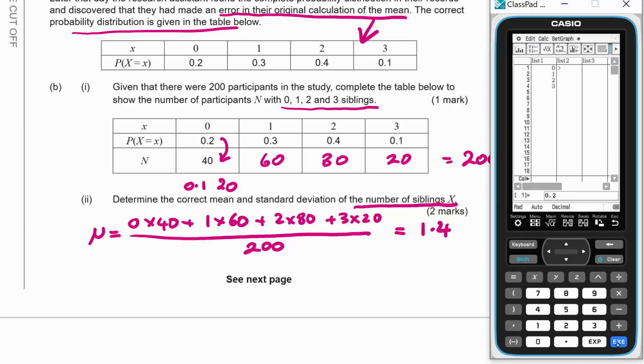So 0.2, 0.3, 0.4 and 0.1. Actually, just thinking about that, we probably should put the frequencies in there, because otherwise we'll just get the mean for the distribution and we'll have to multiply it by 200. So put in 40, 60,